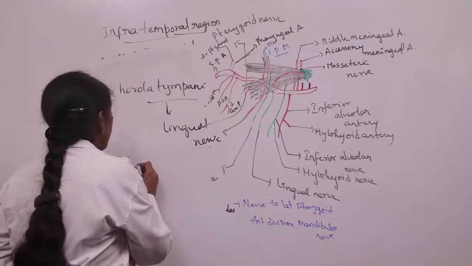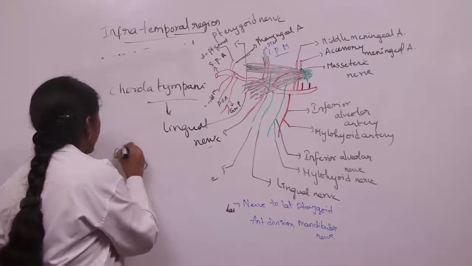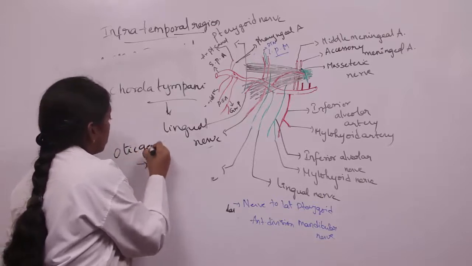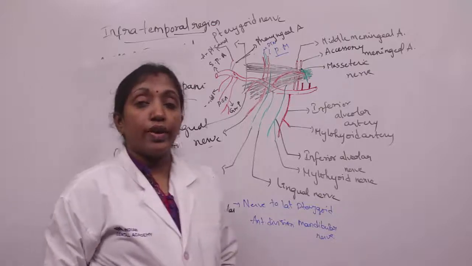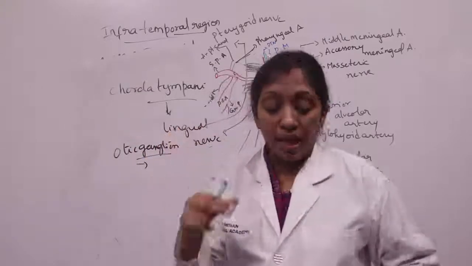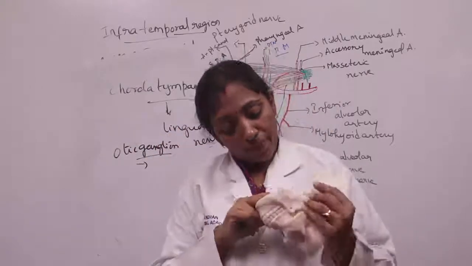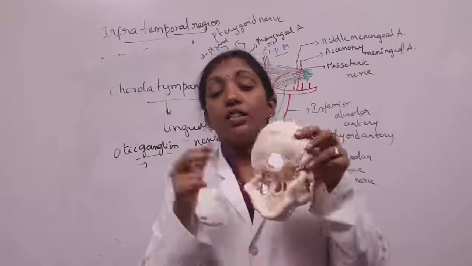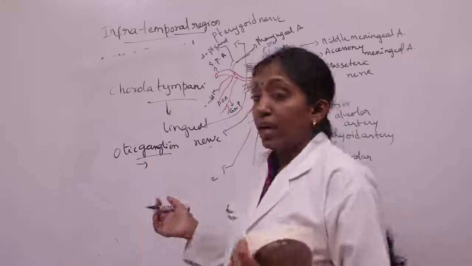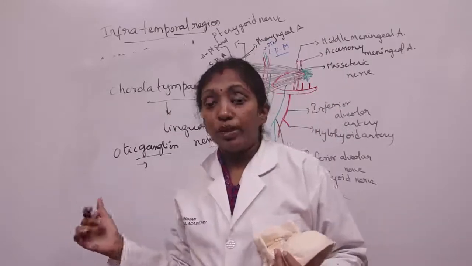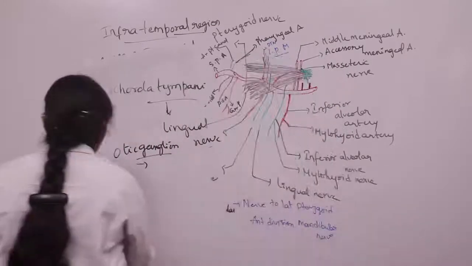And coming to the otic ganglion. The otic ganglion is situated just below the foramen ovale. We have foramen ovale here. The otic ganglion is situated just below the foramen ovale and medial to the mandibular nerve. The otic ganglion communications are: